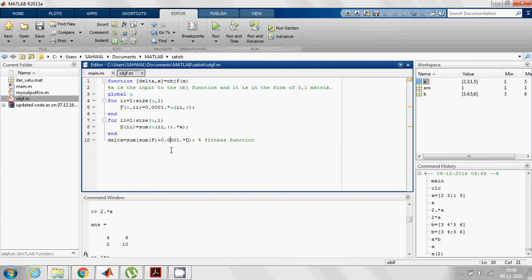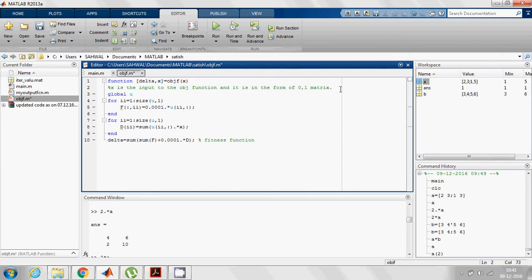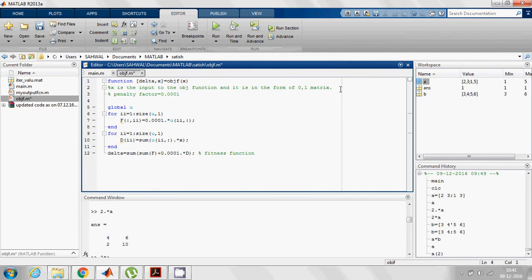So if I write here penalty, if you write anything followed by a percent sign, that will be considered a comment in MATLAB, and that line will not be used in execution. Penalty factor is considered as 0.001, and weighting factor is also 0.001. Though it is not clearly specified in the paper what the value of penalty and weighting factor can be,